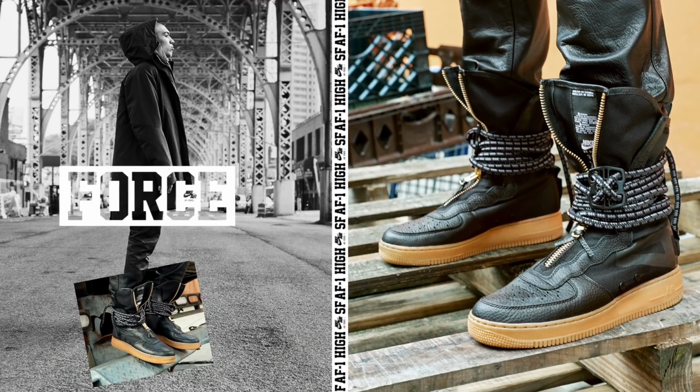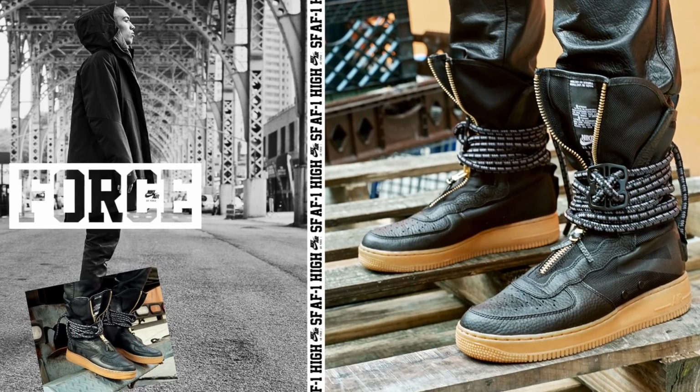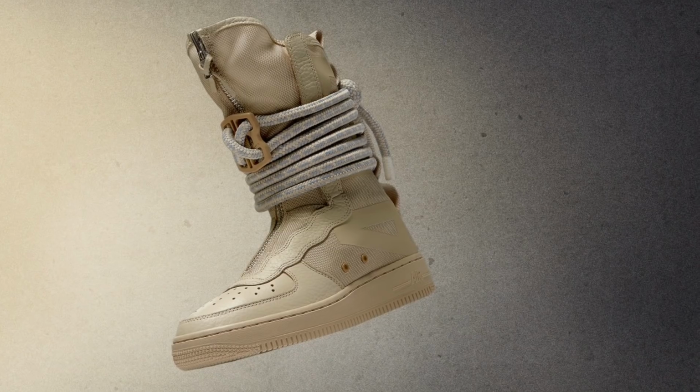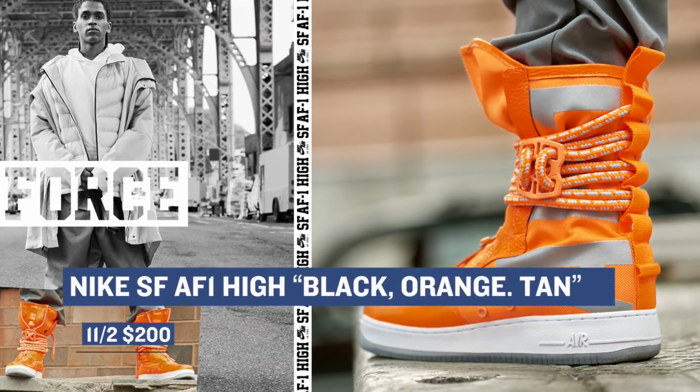Speaking of flipping the Nike Air Force One, the upcoming set of Special Forces Air Force One highs for men and women take the shoe to places it has never been before. Seen here in tan and orange and in a black colorway, the Special Forces Air Force One high is a different beast entirely. Of the three, the orange is definitely the most striking and unique, and you can pick those